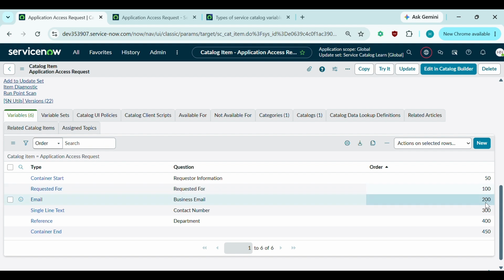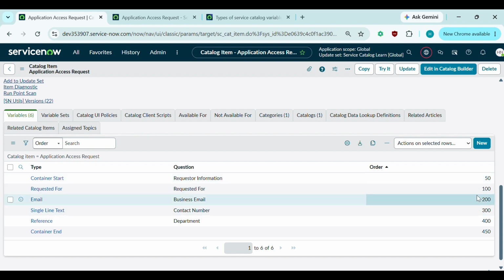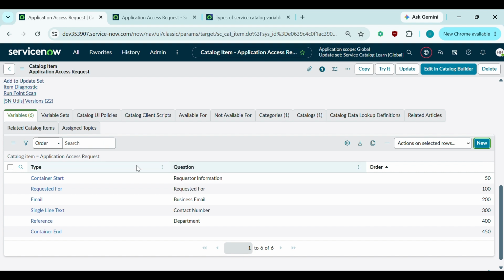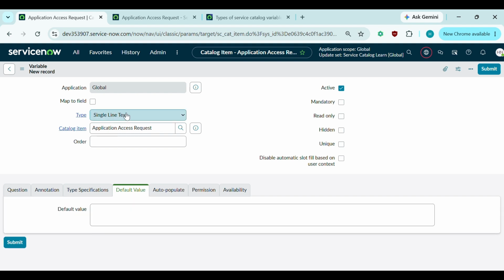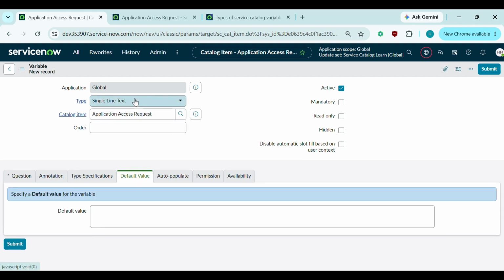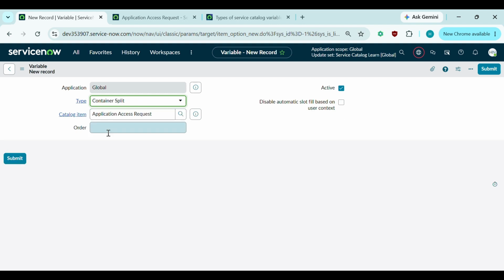So all the variables which have a value less than 250 will be placed on the left hand side, and all the variables which are having the value greater than 250 will be placed on the right hand side. So let's create a new variable of container split. Container split and order is 250. Okay, we can submit it